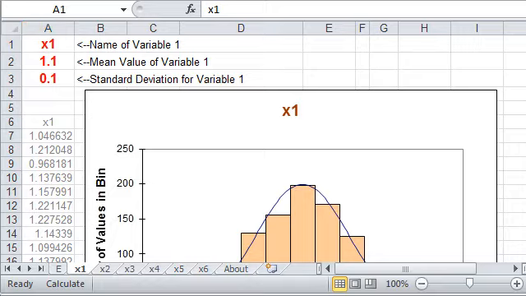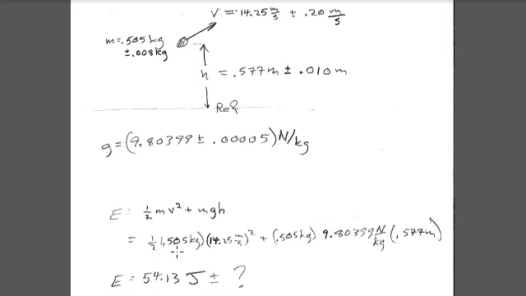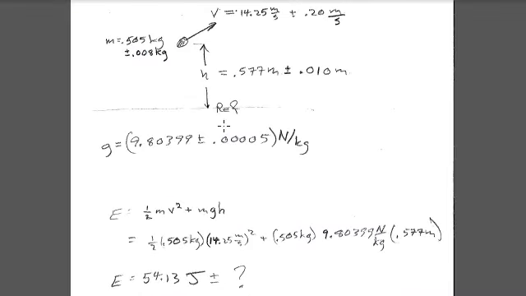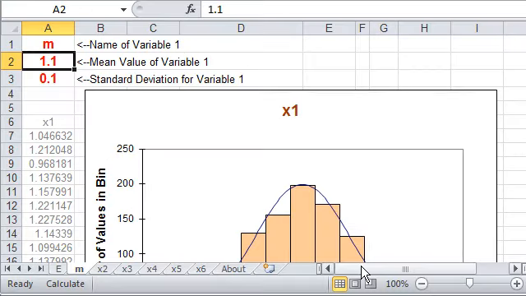My first variable there was M, so I'll change that symbol to an M. I'll change it there, and down here that M was 0.505 kilograms plus minus 0.8. So 0.505, 0.8. The value 0.505, the uncertainty 0.008. Move on to the next variable,